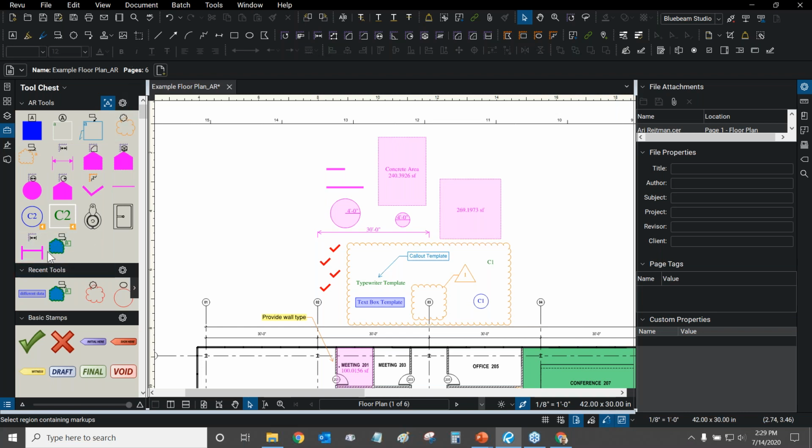Let's say that I wanted to save my tools. I can always click on the gear wheel right here, and I can export them first. And then if I've already exported them, I can save them. And wherever I exported them, they will automatically update. Now the save button is not available because I haven't made any changes to my tool chest anymore.